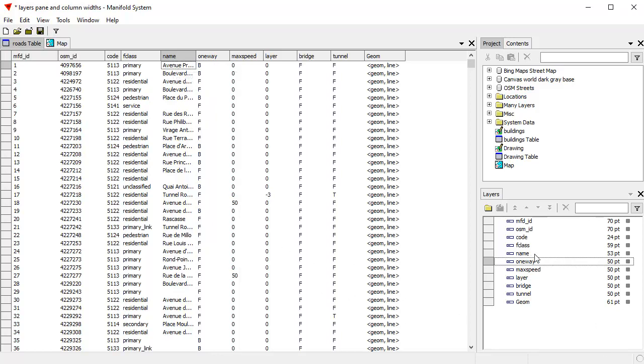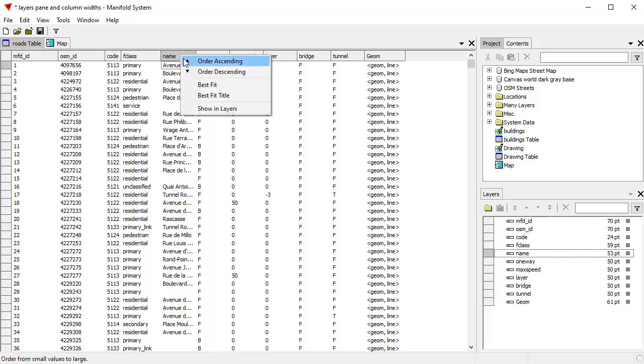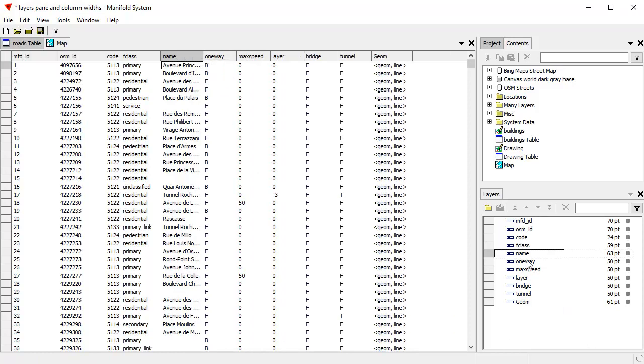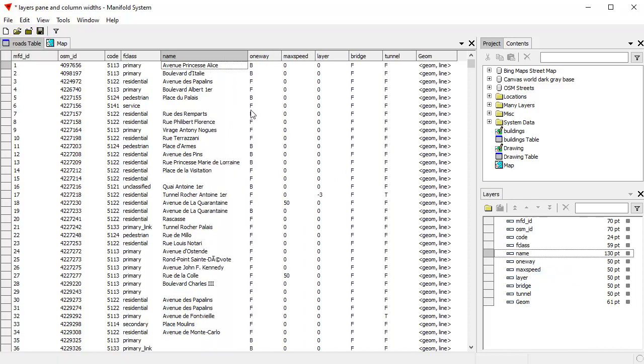Well, if we want, we can right click here on name, and we can choose best fit, and that'll automatically change it. Let's make that narrow again. Or we can choose here on name in the layers pane and choose a best fit, and that'll automatically change it as well. The layers pane though can do a lot more than just individually change one of these things,